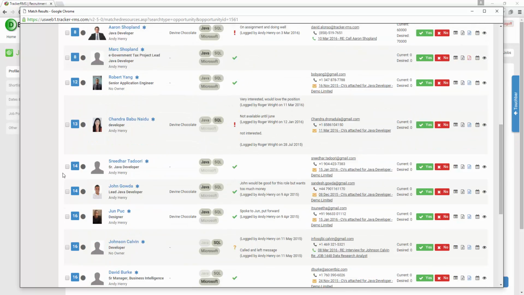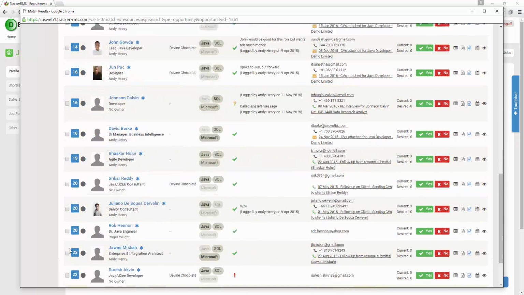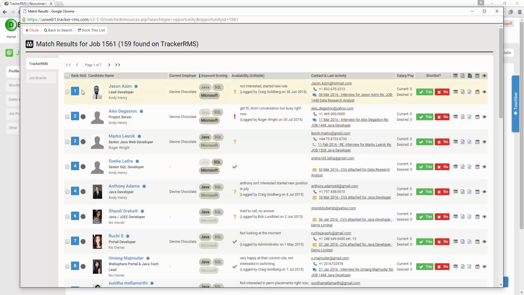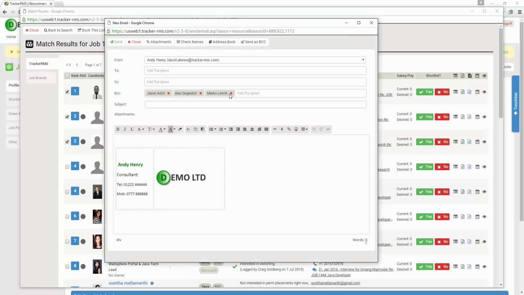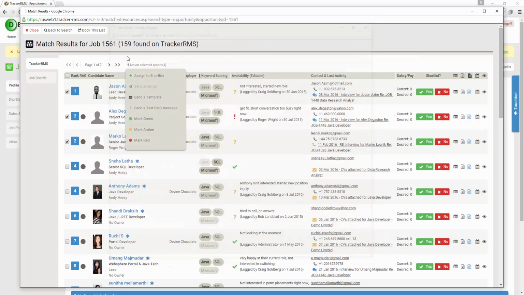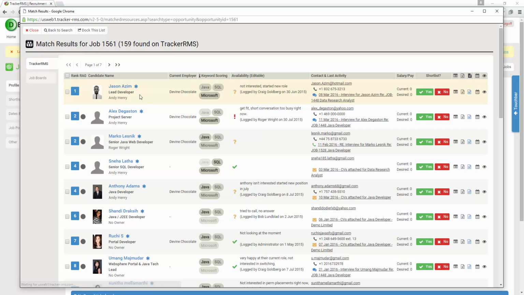Now it is going to display one page of candidates at a time, so you'll see 25 on each page, but I can pick up an entire page of candidates, or I can select multiple by ticking on the boxes here. And I can go up to my Action Selected Buttons record, which will show once those boxes are checked. I can assign them to the shortlist. I can send an email, which will take those candidates and put together a BCC'd email that you can send out. You can also build a template that you can send out here,